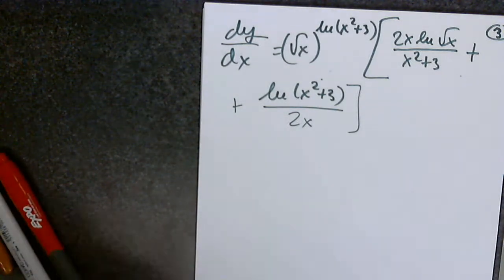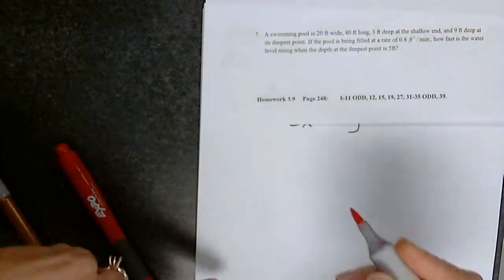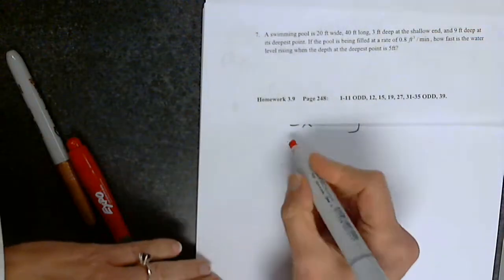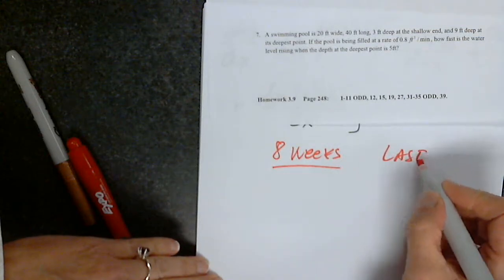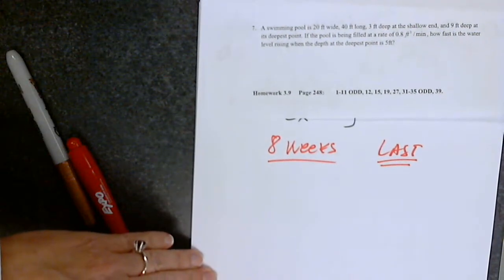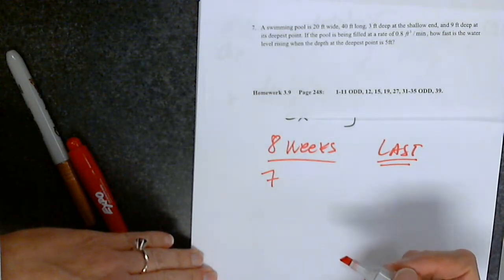Okay. So back to what we're doing. Let's work on one more problem, and then continue with 3.10. I don't want to postpone the test too far out because I still have chapter 4 and chapter 5. At the end of this week, we are down to 8 weeks. 8 weeks left, out of which the last week I do not count on because I have to review everything from scratch. So we're down to 7 weeks, out of which